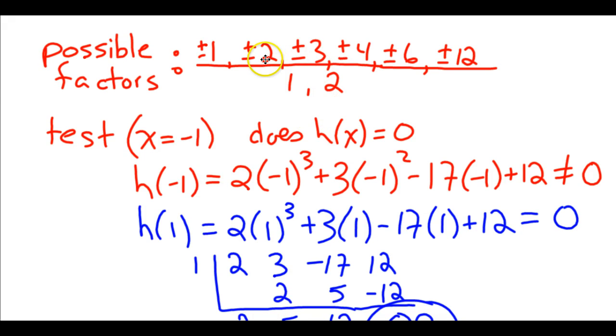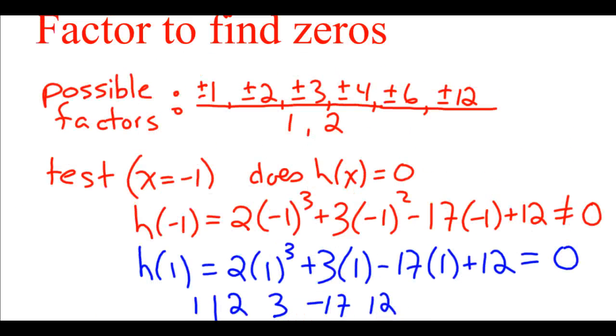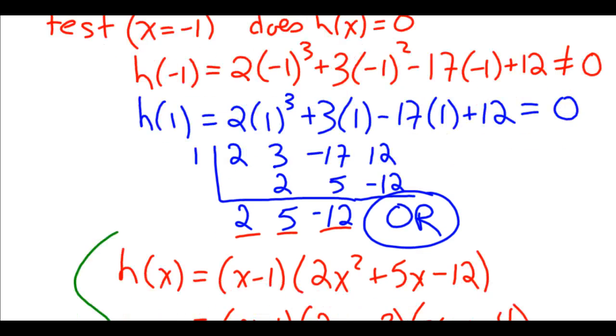So I can kind of list them off just to make sure that I remember what they are. In the end, I'm just trying to find one that works. And so here I've tested x equal -1 and trying to determine does h of x equal 0. Run through it, and it turns out that -1 does not work. But +1 does. Okay, now again, what we're looking for when we do this is we're looking for the restriction. So I've determined here that x minus 1, when 1 works, x minus 1 is the factor. In synthetic division, though, I actually use the restriction. So I've gone through, solved it,